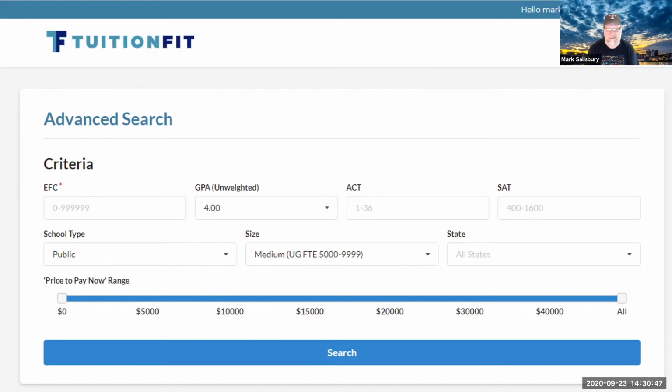awards that have been shared with us, actual prices that these schools are asking students, just like the one you've plugged in, to pay. So right out of the gate, you know what prices are out there for what kind of students, and you have that price to pay now slider so you can cut that list down. We've seen people with 1,100 options that come out of the search, so they want to narrow it down, which is entirely reasonable. But this then allows you to just search the data set. And sometimes that's incredibly useful for meeting with students, just being able to pull that right up.